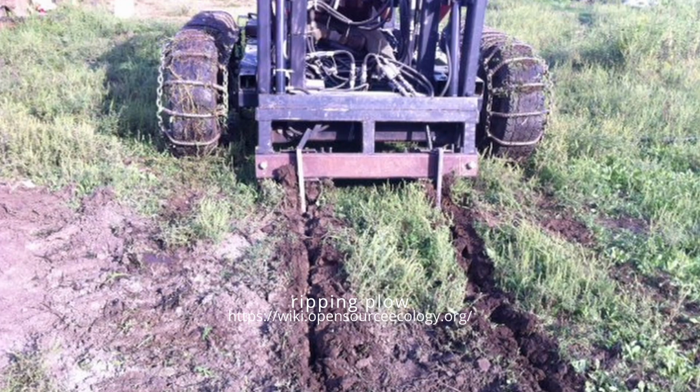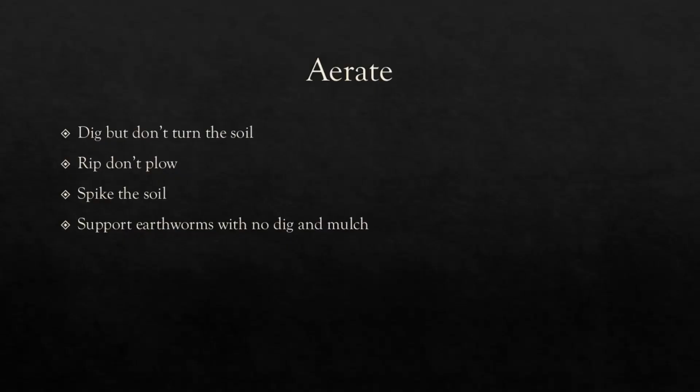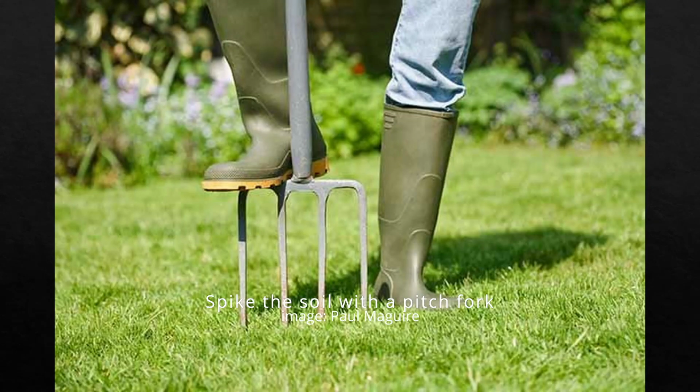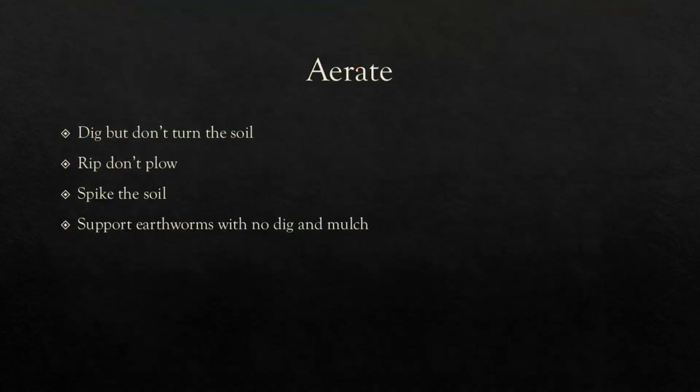Secondly, we could rip the soil, that is like slicing a cake, but not plough it because ploughs can turn it. You could use a keyline plough which just rips like a comb going through the hair. Another way to aerate the soil is to spike it, like little stiletto marks all over the soil. But a quick and easy way to start the aeration process is to use earthworms. And you can build your earthworms with no dig